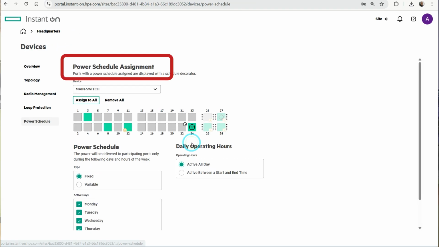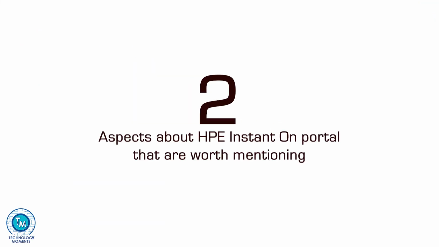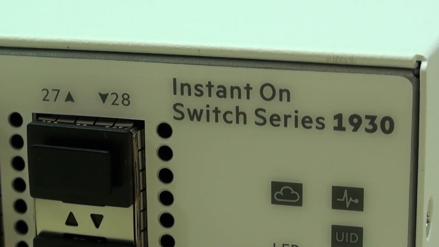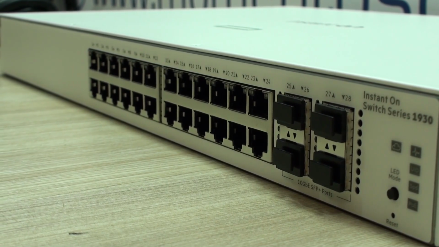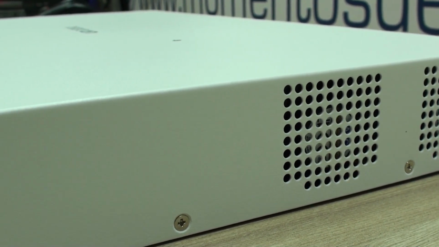Like I said, very clean interface for very capable customizations. You can even power down all your power over Ethernet devices at a certain time, which in big deployments can have a great impact on electricity consumption. As we've been able to use hardware that is quite problematic, when you switch to hardware like HPE Networking Instant-On, it is easy to notice those aspects that should be emphasized as positive changes, and those are: